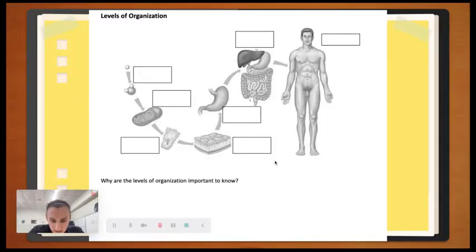So today we're going to be talking about our levels of organization, but then we're also going to be talking about our body planes. So levels of organization should be something that should remind you of middle school biology and maybe freshman year bio. We know that the smallest kind of unit of life is a cell, but we can actually get smaller than that. So at the very, very first level of organization is actually the chemical level.